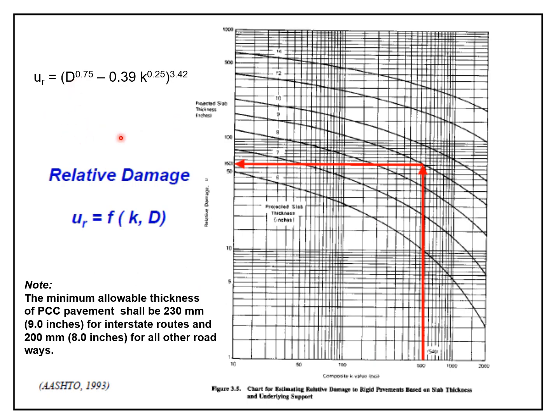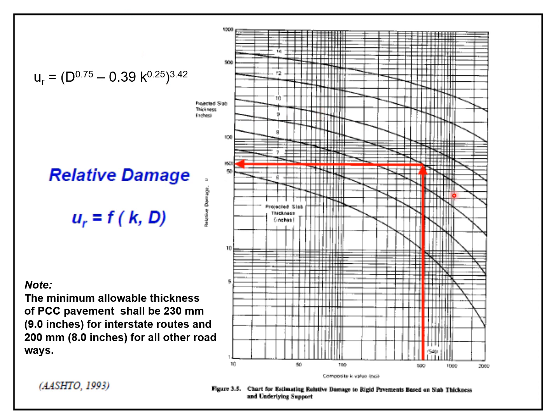Now look at this one. This is figure 3.5. Relative damage is a function of K and the depth of the concrete slab. Well, either we can use this figure, figure 3.5, to get the relative damage, or we can use this formula to determine the relative damage. Here D is the thickness of the concrete slab, and K is the modulus of subgrade reaction that is to be corrected. So either by using this equation or by using this chart we can get the